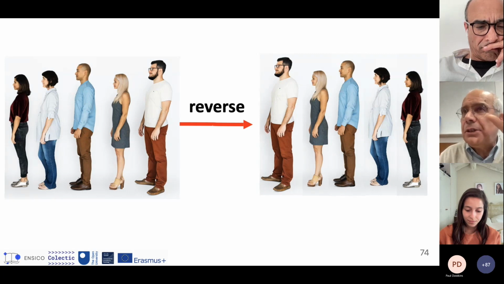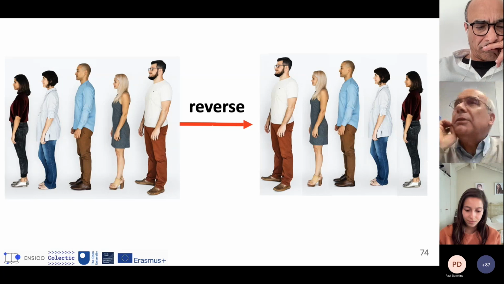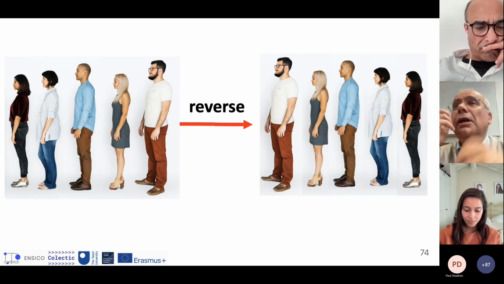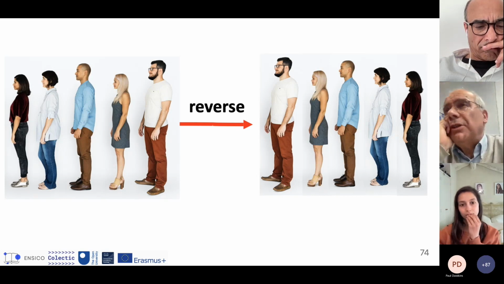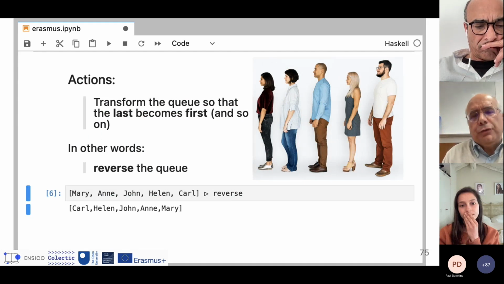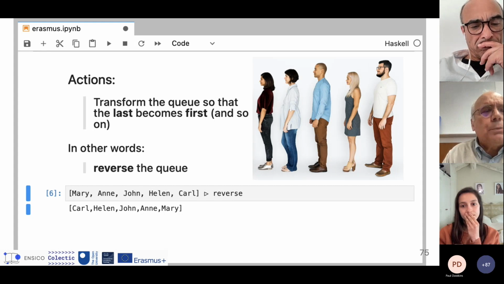It's far better to teach students how to use functions that are already available as a vocabulary, and combine them into more and more sophisticated expressions, doing more and more, than asking them to write a for loop to do this or that. That's a last stage. So the actions transform the queue, and here you have another image of the Jupyter Notebook